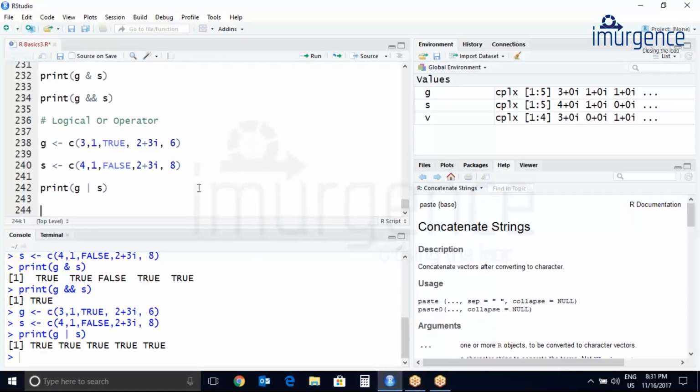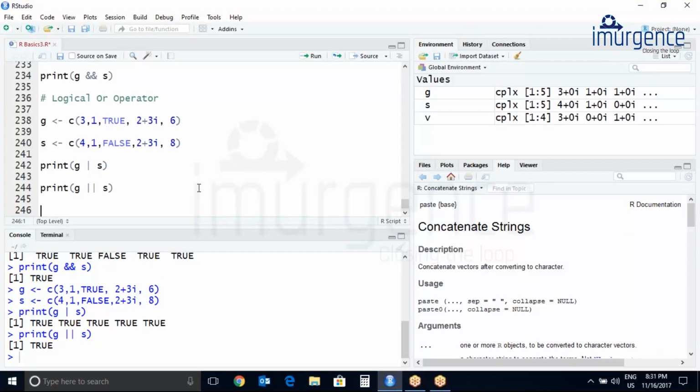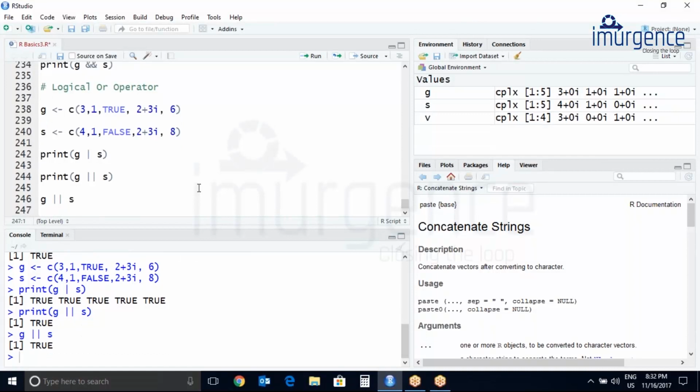So here we'll see everything is true. Now again we will check for the logical OR operator. So let's do print G S. If you don't want to type print, it's okay, you can do directly G. So there are no issues with this.